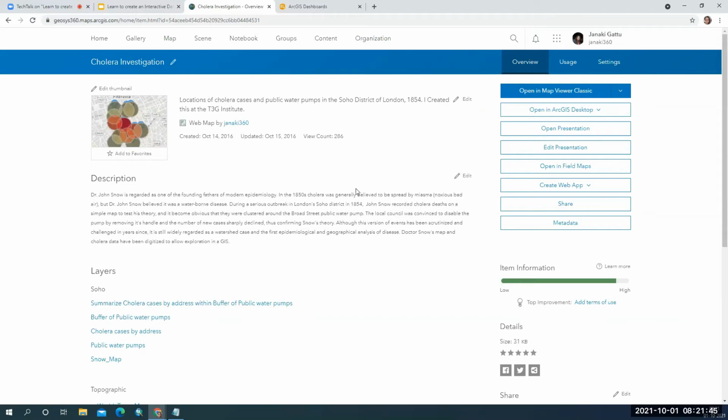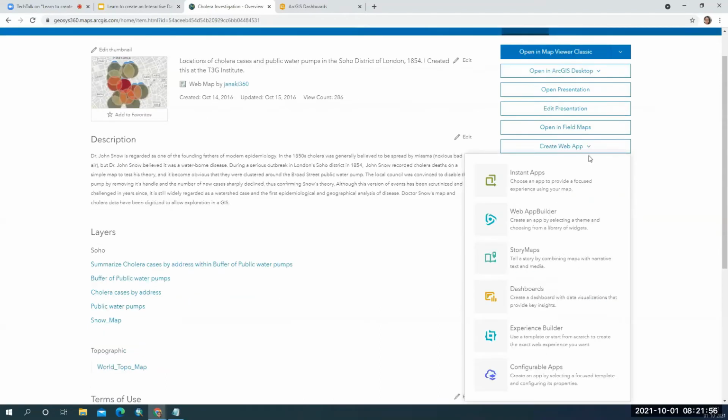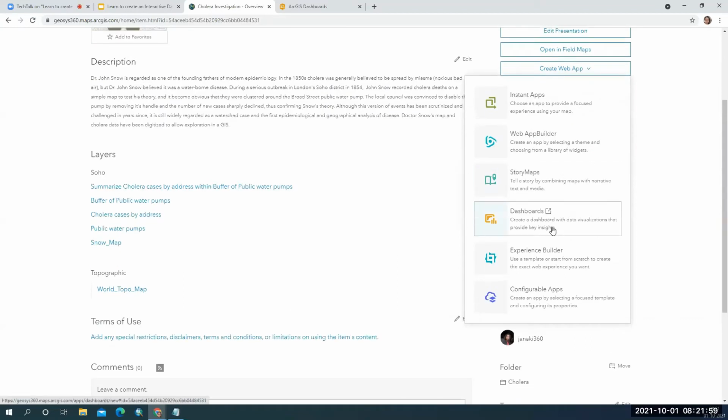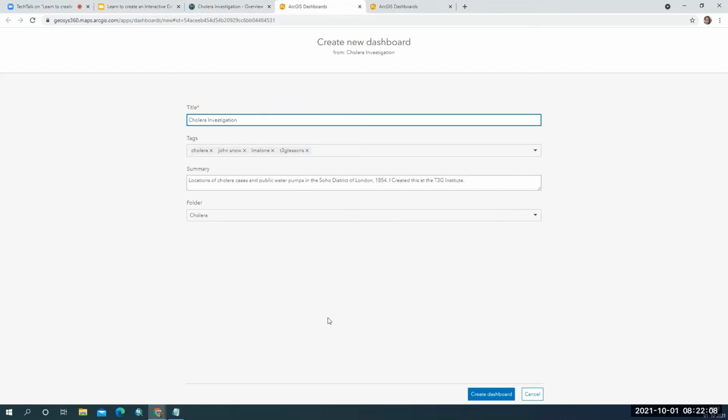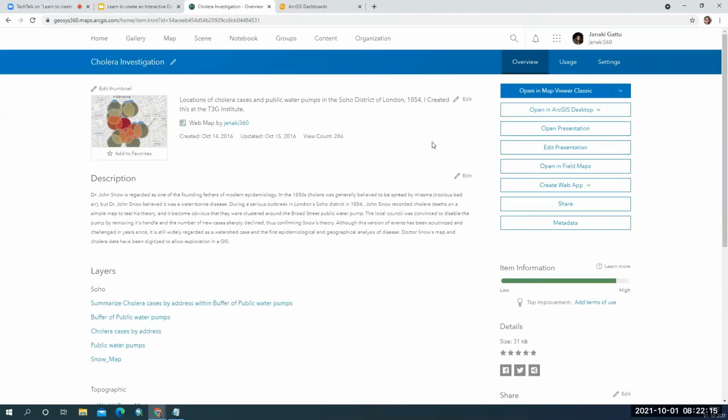I just clicked on a web app and it is showing me here, where I can open the map, or I can click on this Create Web App and click on this Dashboards, and again, when I click on this, it goes back to the same page which I have shown you for how to create a dashboard. It's the same thing. So this is how you create a dashboard in the third way.